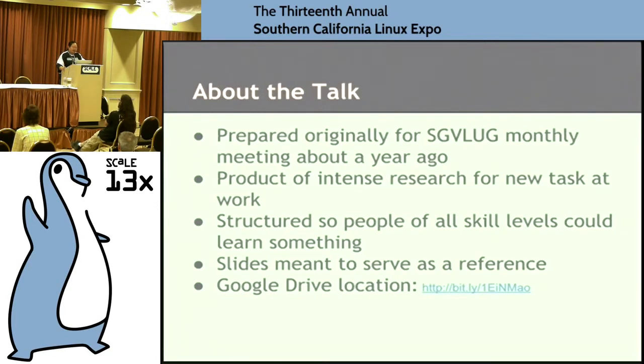Also, since I was giving the talk at the LUG, I knew that we have a problem sometimes when you give talks to a technical audience that some of the audience is really into it and they want to know everything, and others are not that familiar. And so you really want to have something for everyone, and that's what I try to do. I try to go over the basics of version control systems. I try to go over the basics of Mercurial. I hope that all of you will get a little something out of this. And remember, 69 slides, you don't have to read them all in one go. I'm not going to read them all in one go.